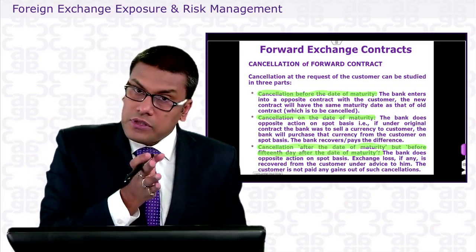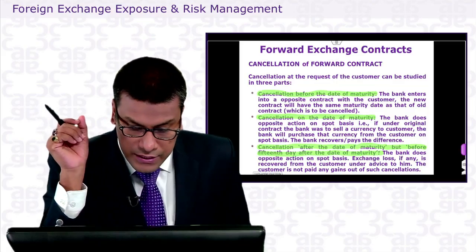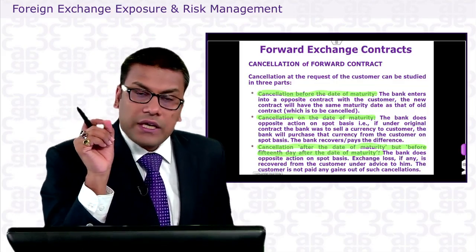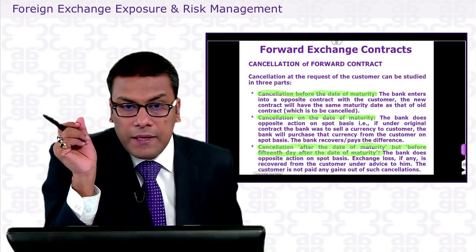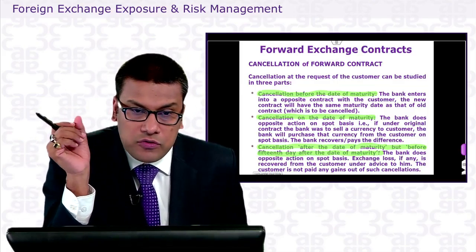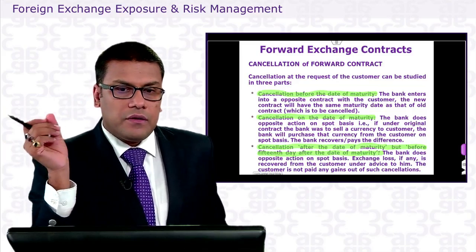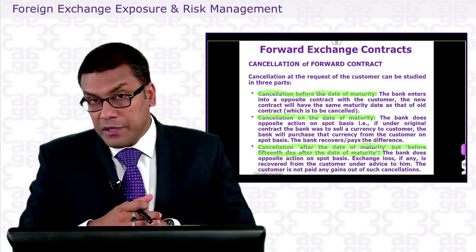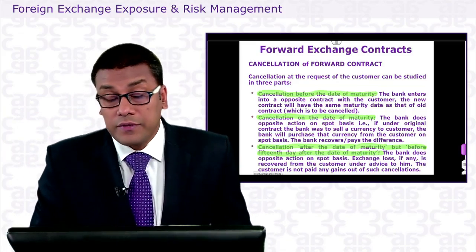But the contract has matured, and you are approaching after maturity but before the lapse of the 15 days. In that case, the bank would again do the opposite action, as the bank has a standing obligation with the market, and any exchange loss would be recovered from you, and any gain on such transactions will not be paid, because you have approached the bank after the due date, after the maturity